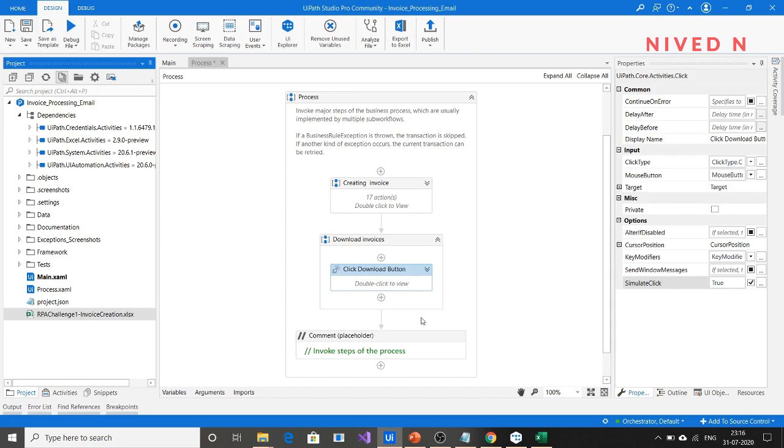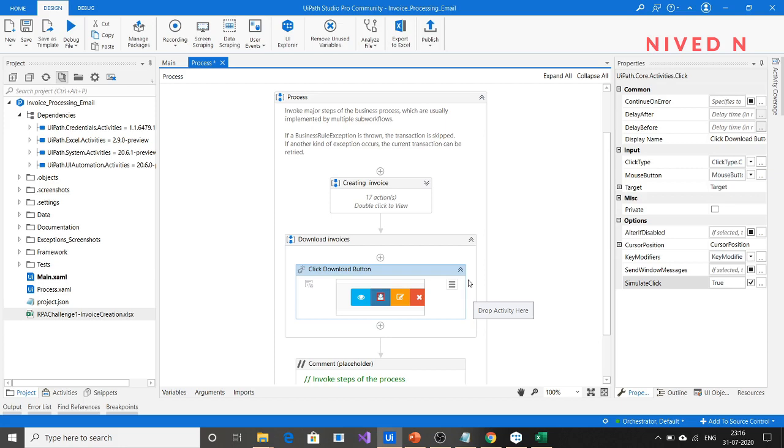So in this step what we have done is click on the download button. So just go to select